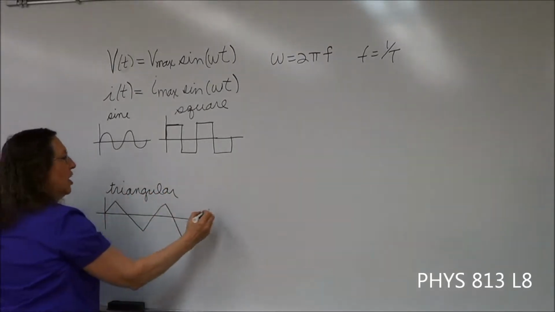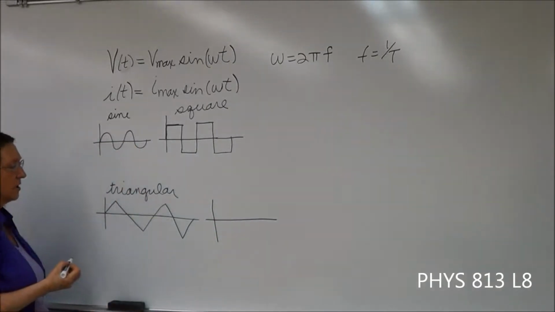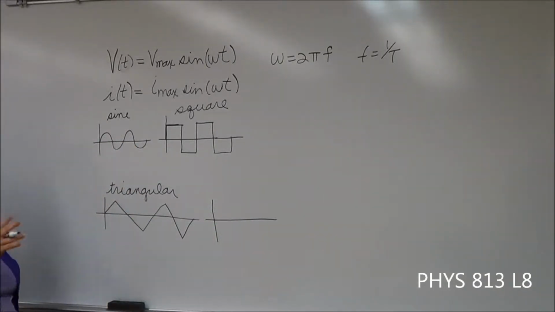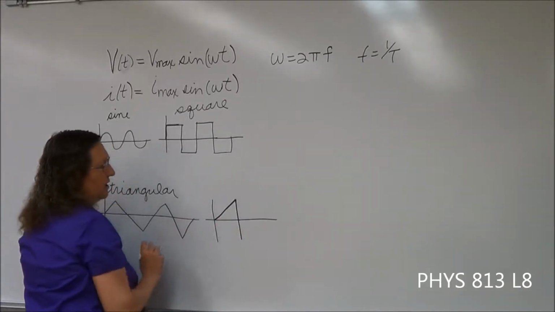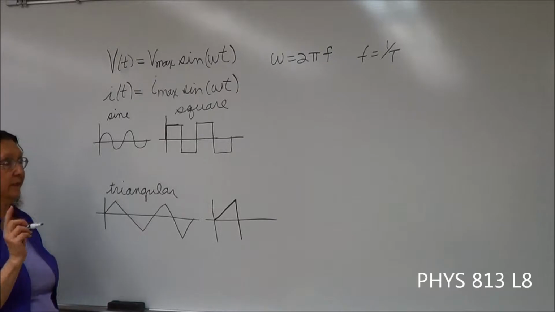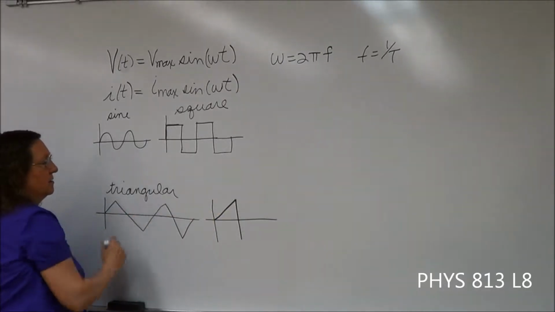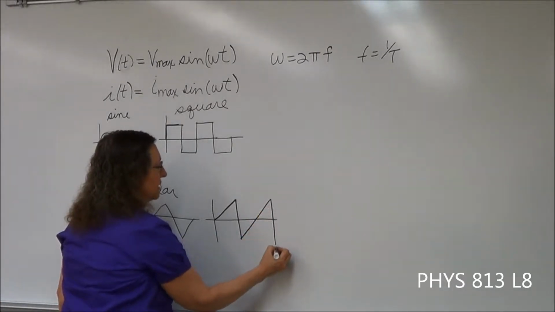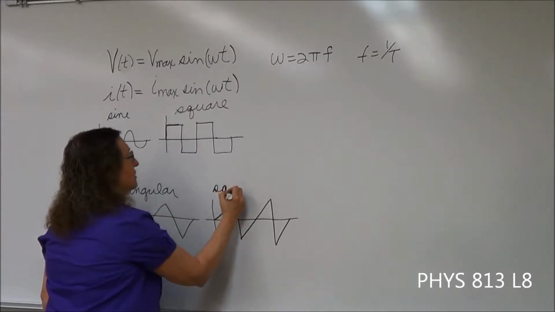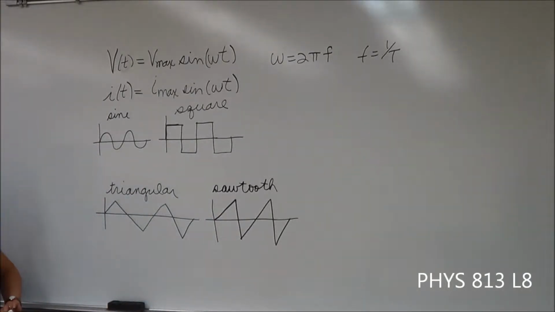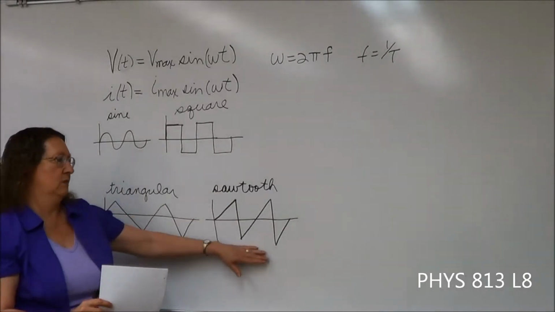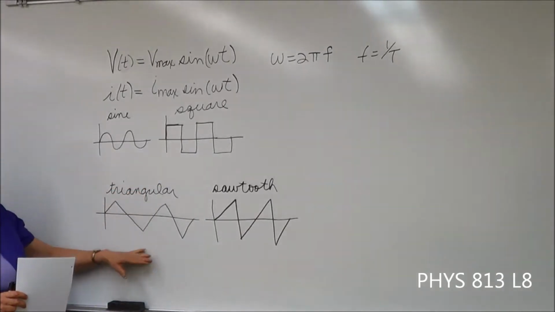And then we have what is called a sawtooth. Now, you might think a sawtooth is going to look sort of like a triangular, and it kind of does, but it's not quite the same. A sawtooth goes up at an angle, but then straight down. And if you have looked at saws, most of the time, I think, it looks more like this than the triangular wave. So we go up like this, straight down, and then like so. So this is sawtooth. Now we aren't going to do anything with the sawtooth wave. I just wanted to mention that because it is one that can be used. But our circuit board does not have a way of producing a sawtooth, but it does have a way of producing